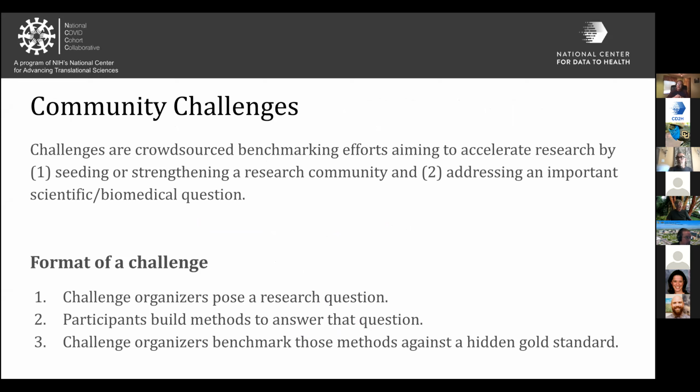A typical format for a challenge is that the organizers pose some research question, participants build methods to answer that question, and then the organizers benchmark those methods against a hidden gold standard data set that the participants don't have access to. This is so that we can control for the self-assessment bias where people maybe tweak the data to make their methods look better than they really are. We can also objectively assess models against each other to truly sift out what is the best method using the available data.